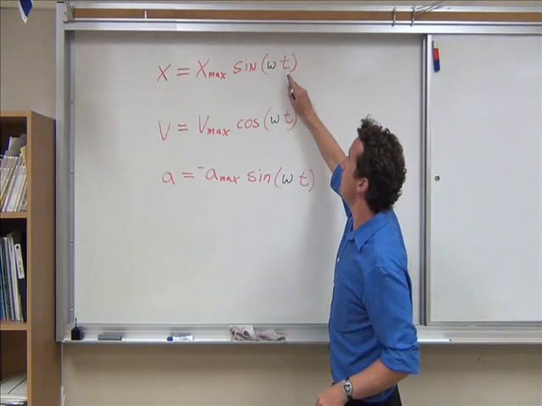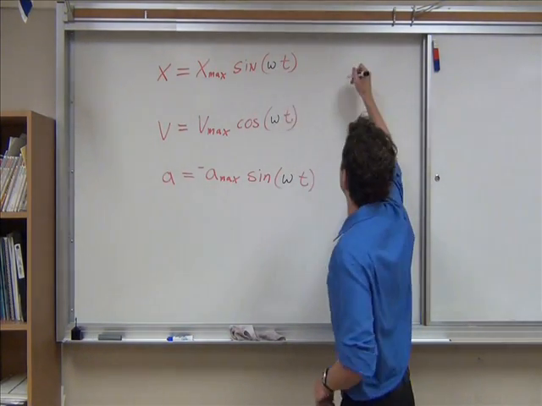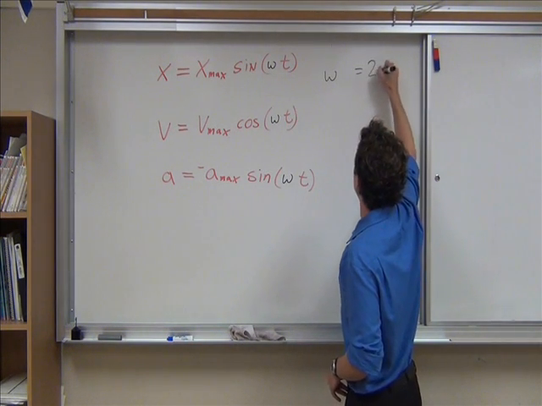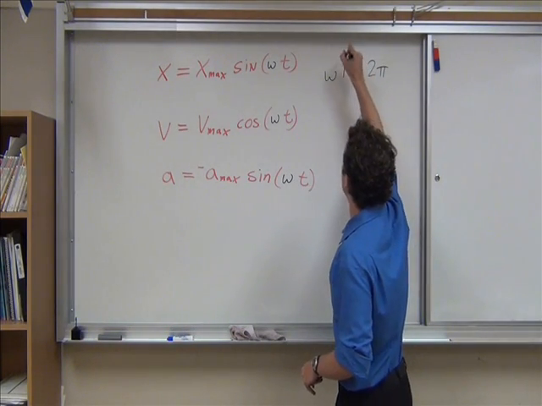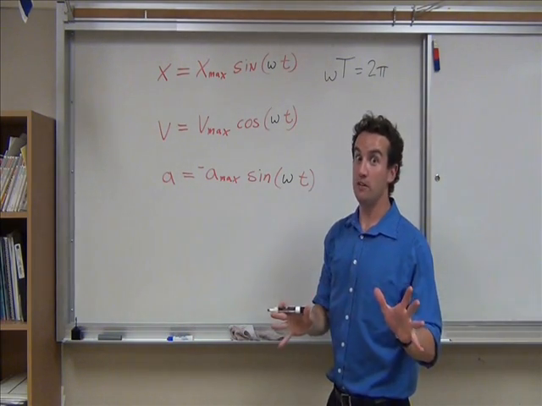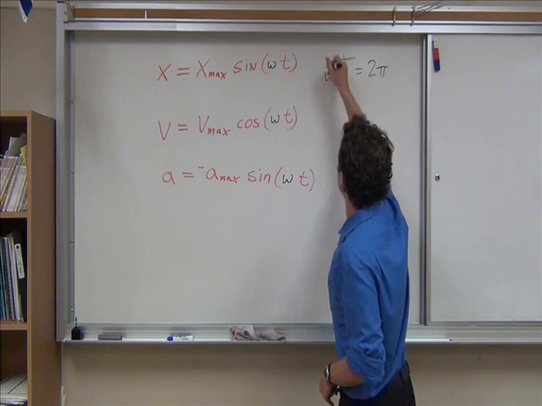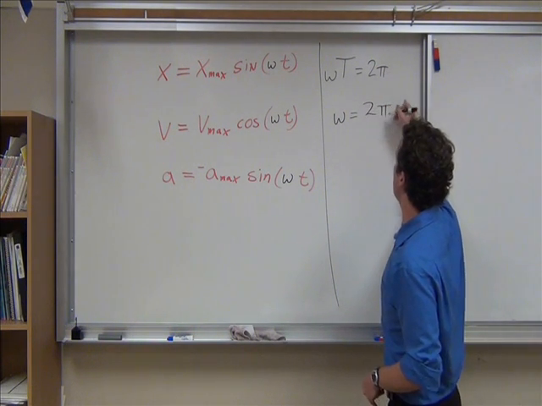If this is 2 pi radians, then the sine of 2 pi is a full cycle. So omega times t is 2 pi, but not just any t, the period, the full cycle. So it looks like omega is 2 pi over T,